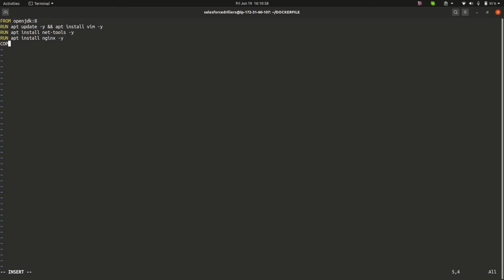Now let us copy our entrypoint inside our Docker image at the root directory, that is /. Now we will give the executable permissions, that is chmod +x, to entrypoint.sh that is present at root, and then we will provide it as an entry point, meaning it should run automatically without any manual effort.